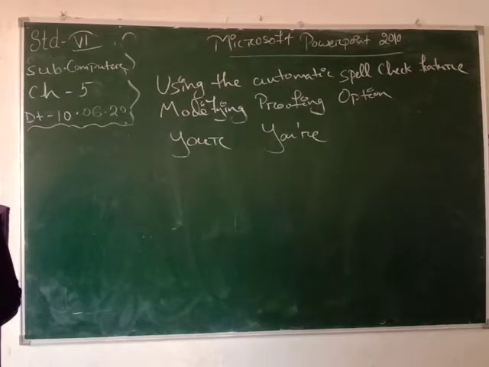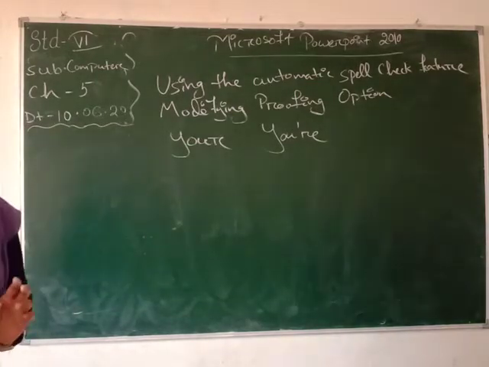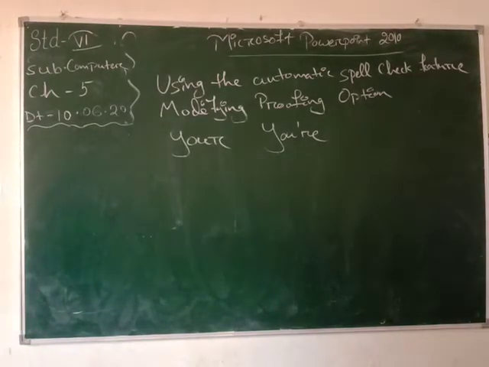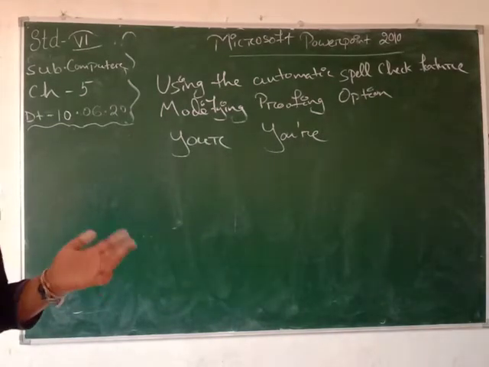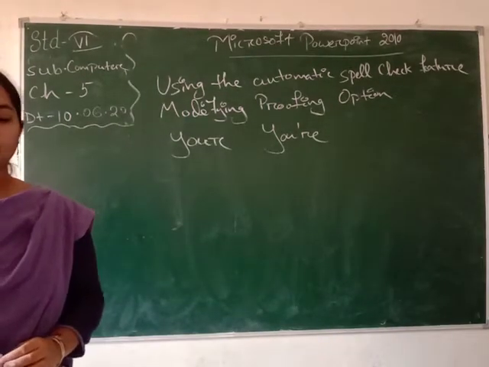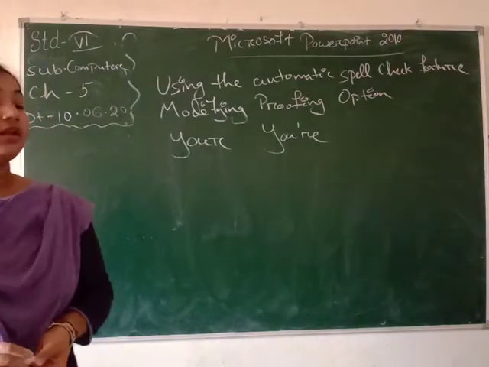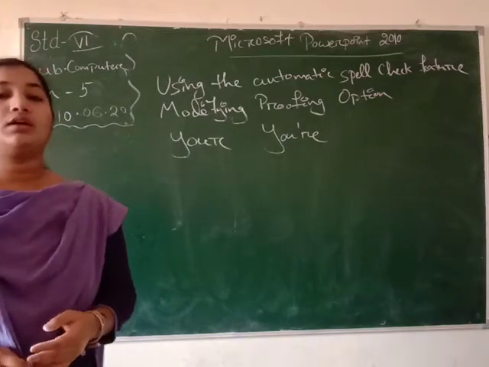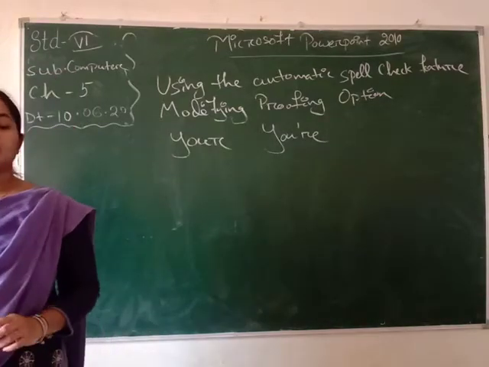Next is Hide spelling errors. We check this box if we want to hide the red wavy lines that mark spelling errors. Means if we write the correct spelling, then we have to ignore that error. If we have turned off the automatic spell check, then it doesn't check the spelling automatically, and after we enter the whole presentation, we can check the spellings.